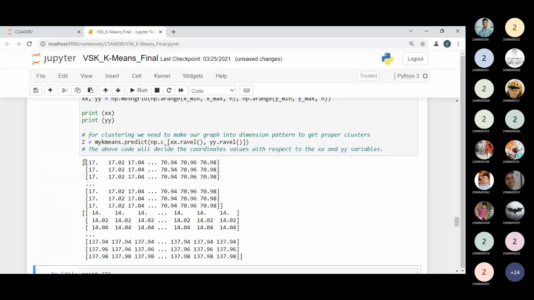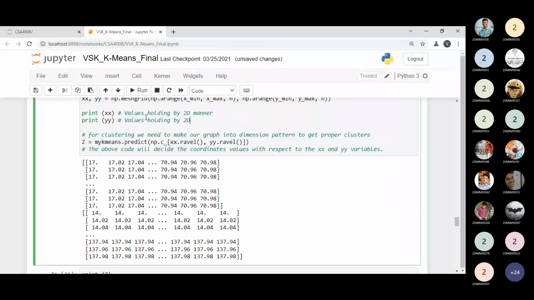The x's will be represented by the, okay, I can write over here, values holding by 2D manner. Same thing we can say for y, values holding by 2D manner.